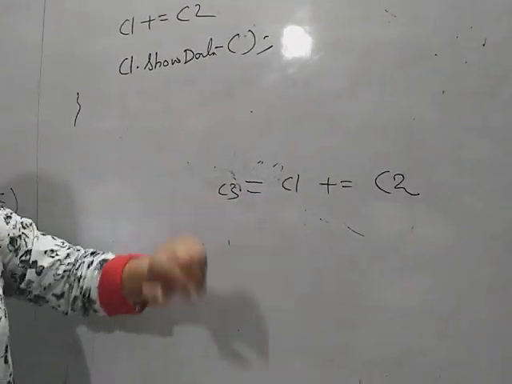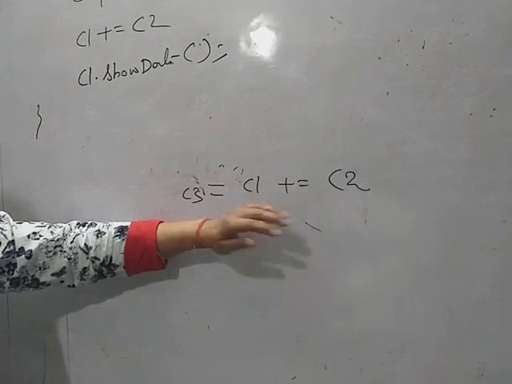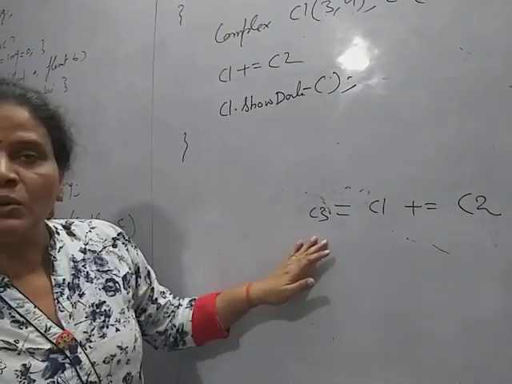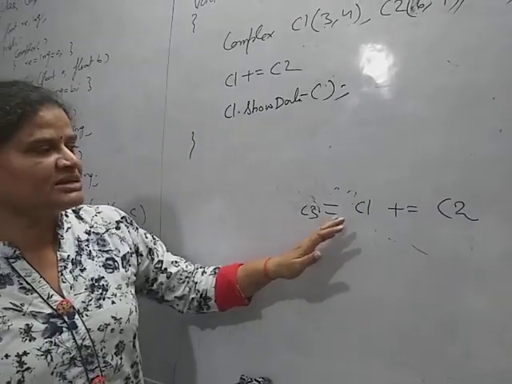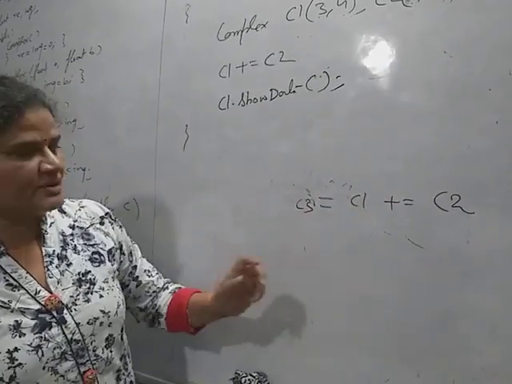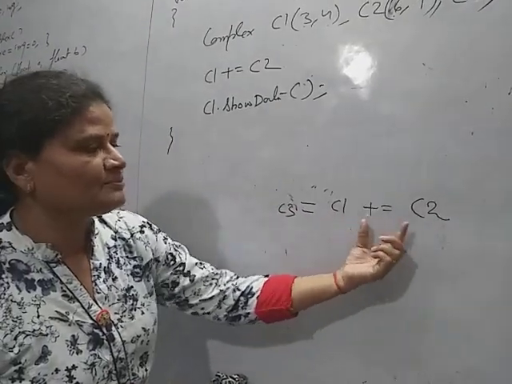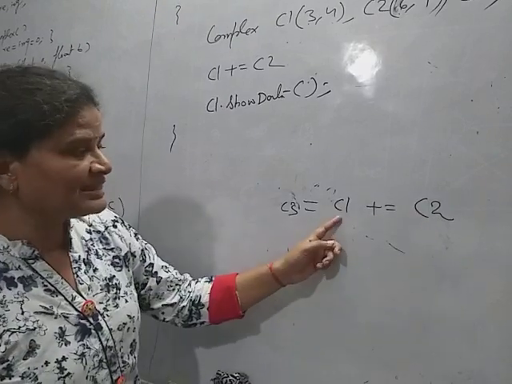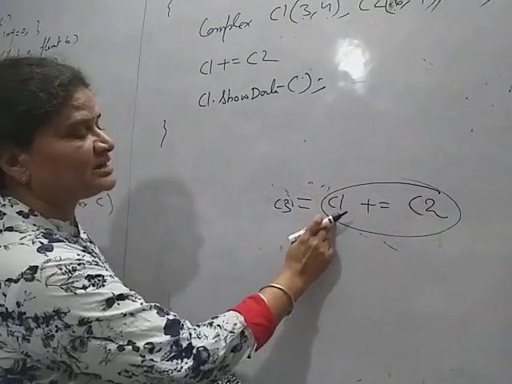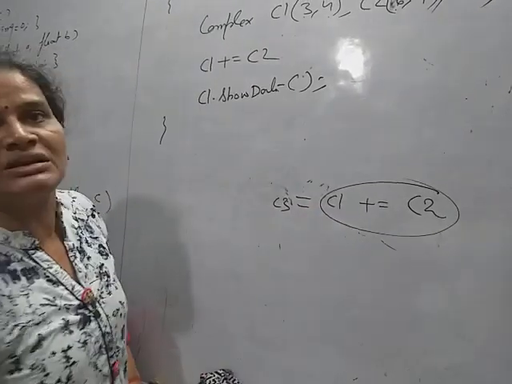Now when we call, there are two assignment operators. We know that the assignment operator works right to left; the associativity of the operator is right to left. So first C1 plus equal to C2 is performed, then the value of this assignment should be returned, and then the value of the object C1 is stored in C3.